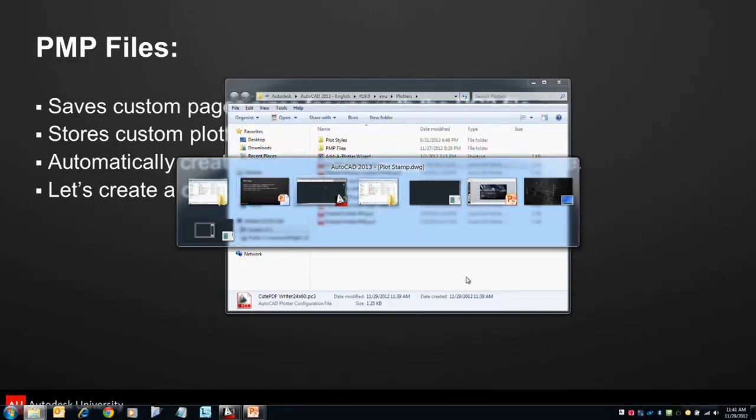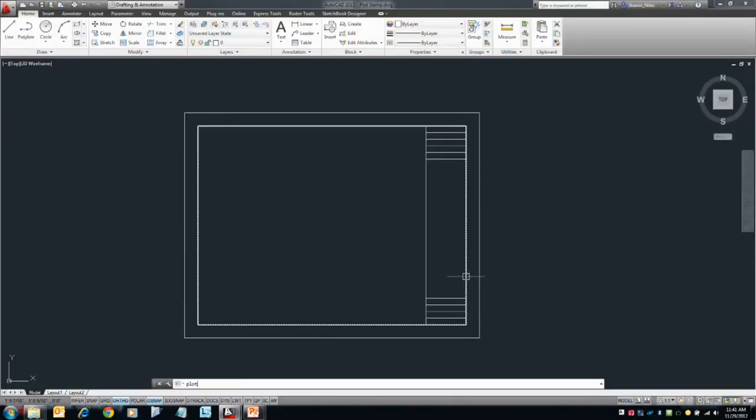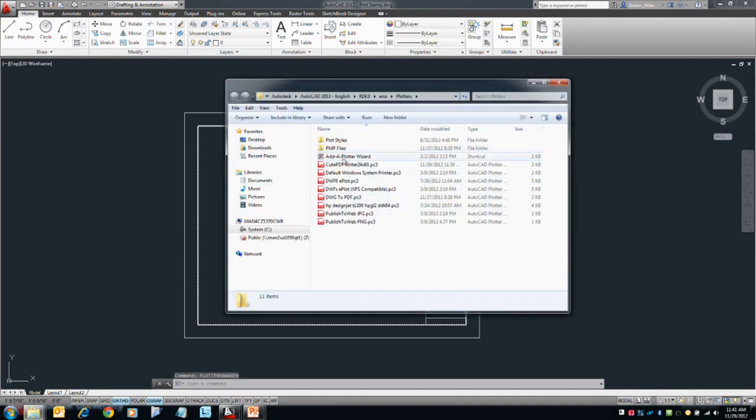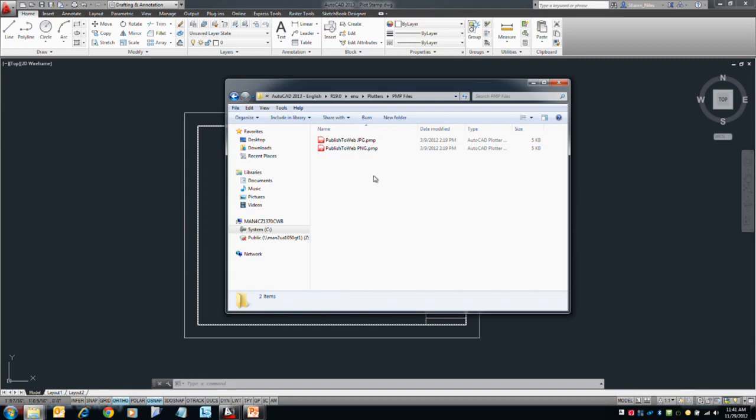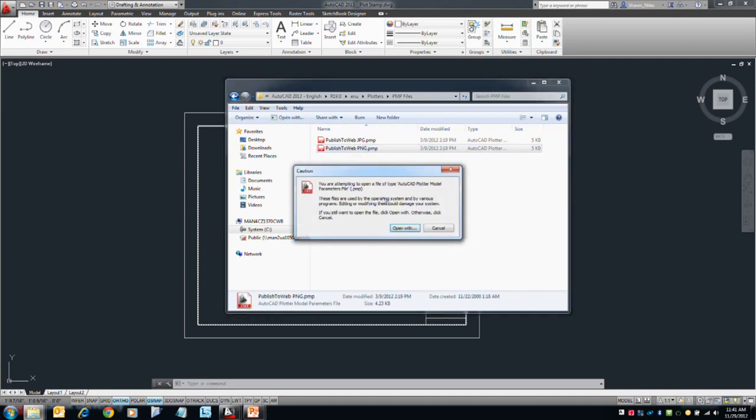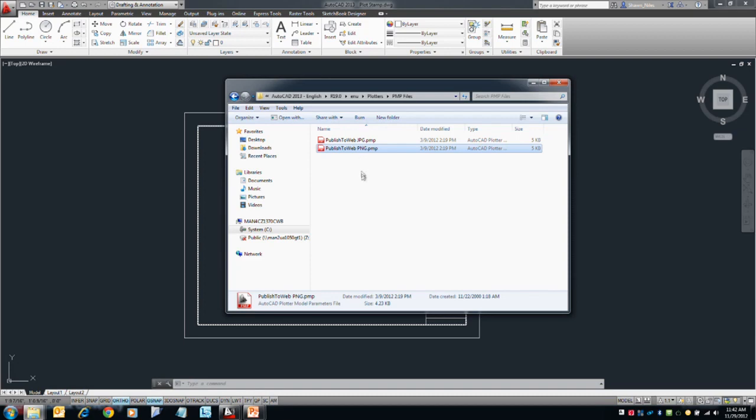If I go back to AutoCAD. So what you'll see is when you go to Plotter Manager, this is where all the PC3s are located. You also see a PMP Files folder, and that will show you any PMPs that are there. Again, you can't modify these here like you can a PC3 because they're connected to that PC3 file. Any modifications to this are actually done in the PC3 file itself, and then this PMP automatically gets updated. So you see I do not have one here right now for my DWG to PDF